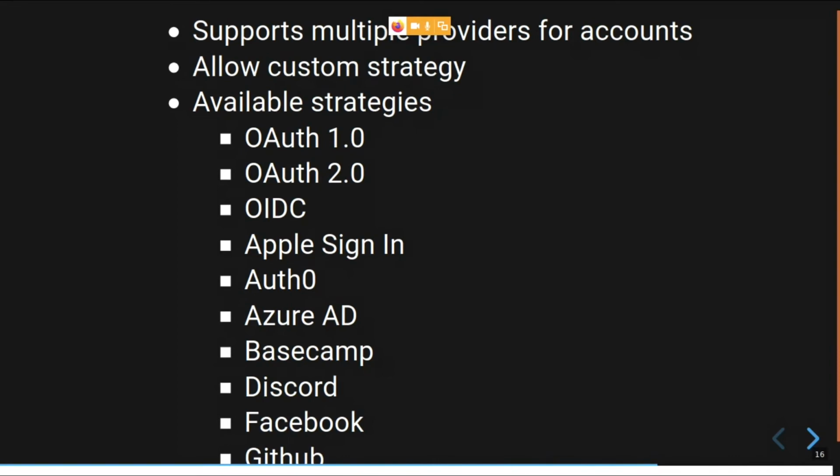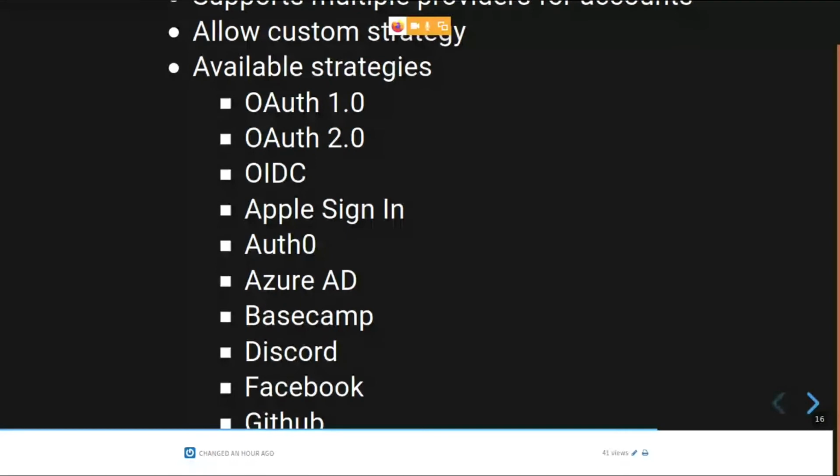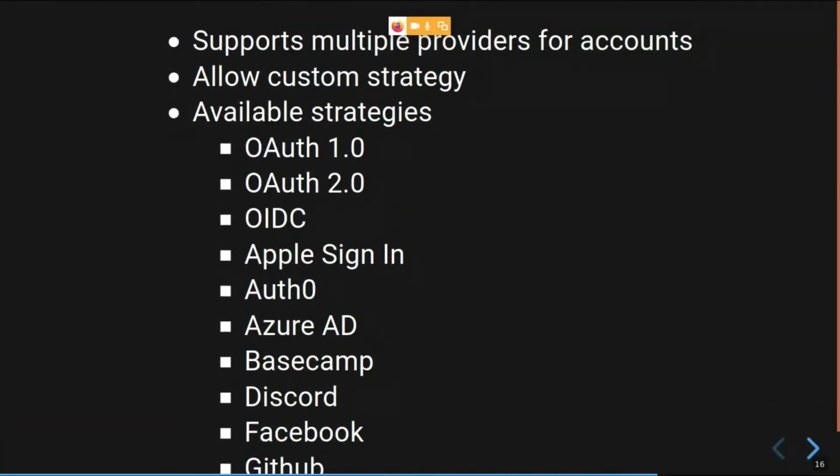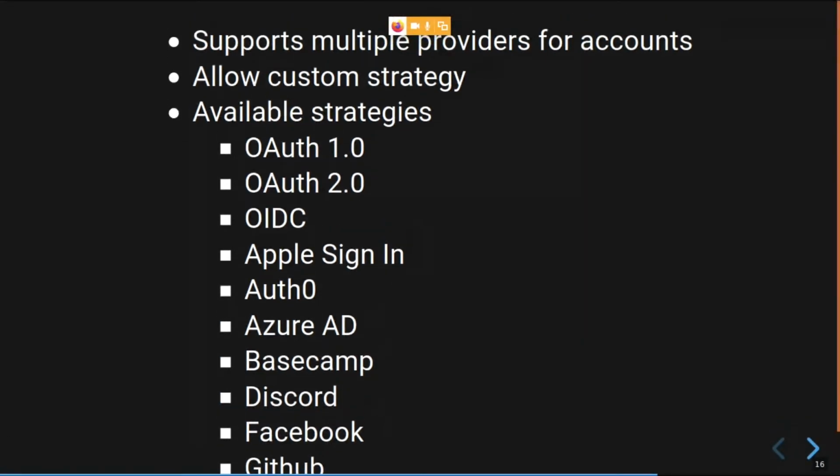The strategies available out of the box are OAuth 1, OAuth 2, OIDC, Apple sign-in, OAuth 0, and Azure AD, Basecamp, Discord, Facebook, GitHub, and GitLab, things like that.